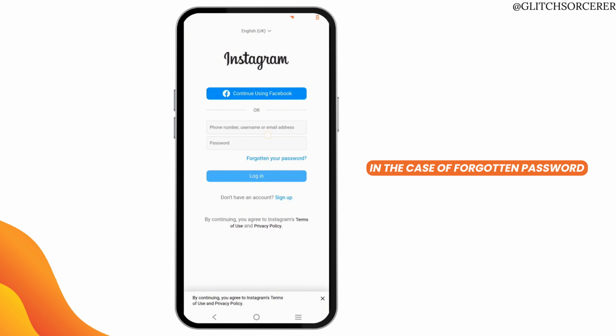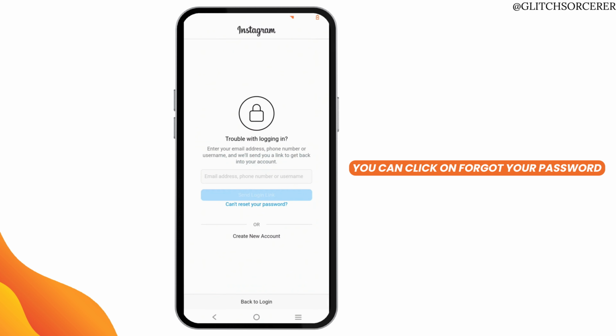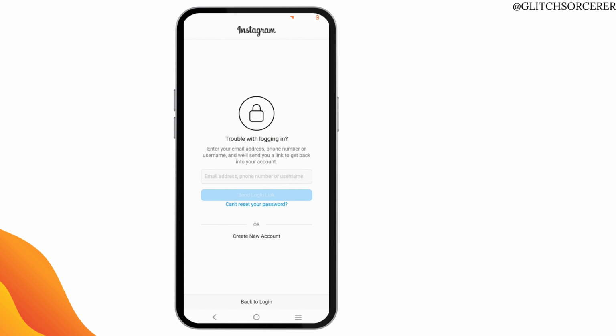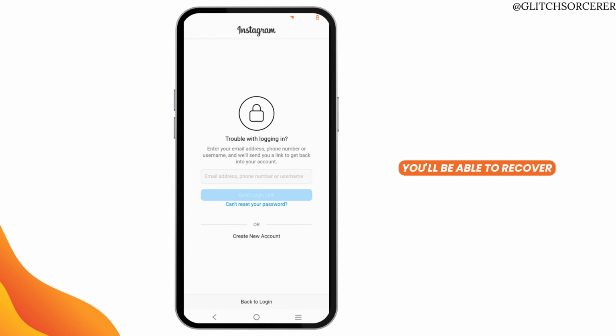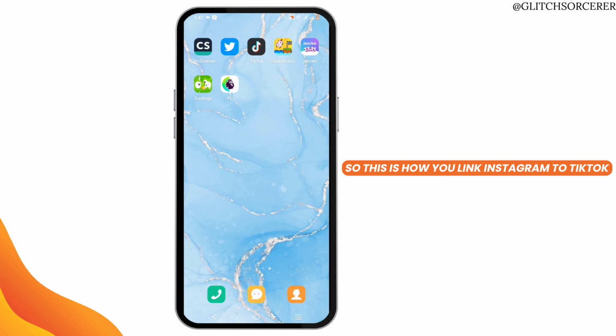In the case of a forgotten password, you can click on Forgot your password. There, you can enter either your email address, phone number, or user code. Once you do this, you'll be able to recover your password as well. So this is how you link your